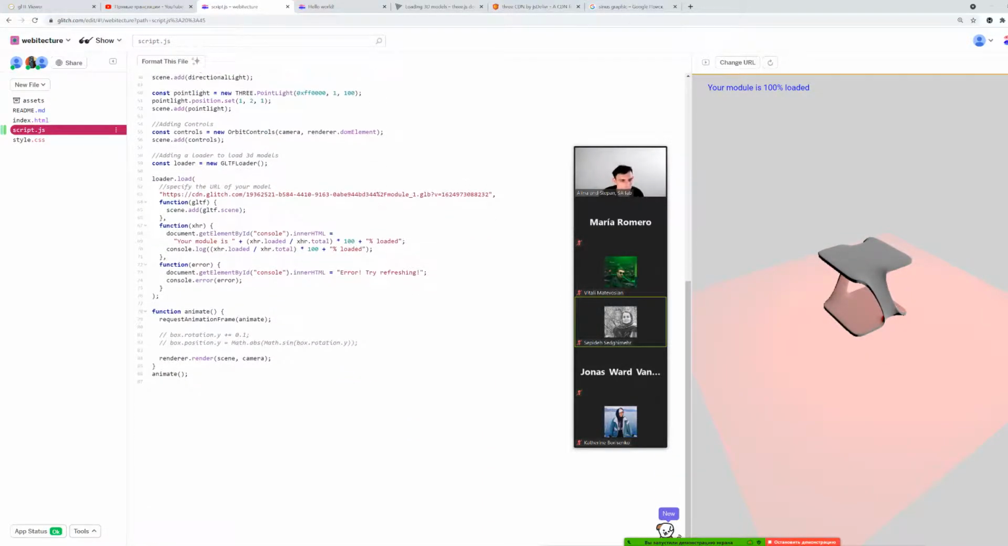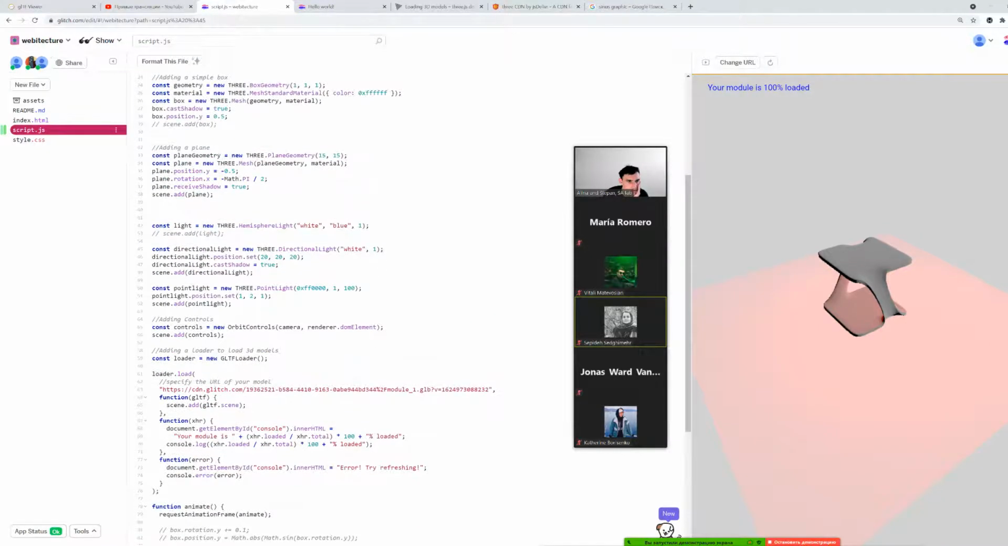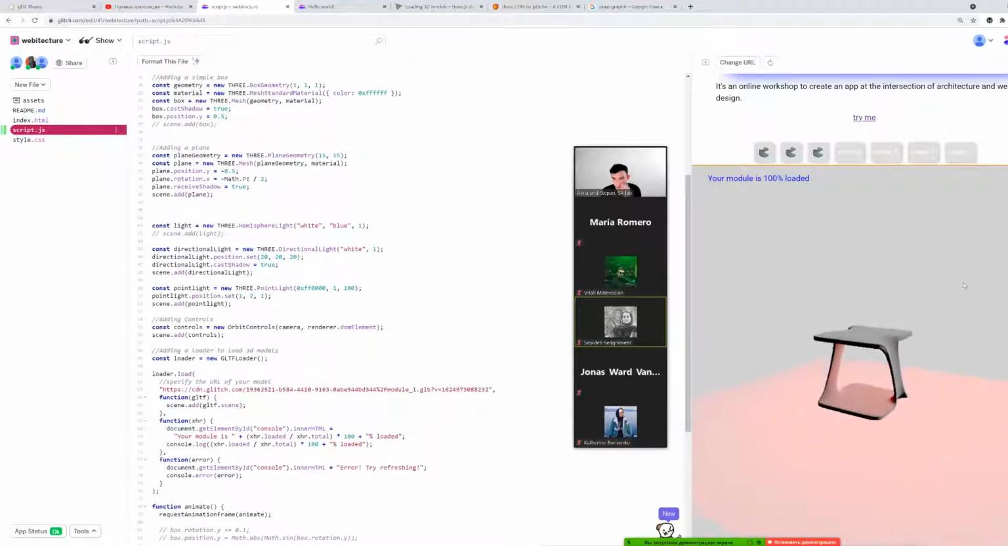Just a little bit. So, what kind of lights do we have here now? Point lights, okay, directional, hemisphere, white and blue. Do we really need a blue light? Alright, I don't know. So, next thing we need to do is maybe add